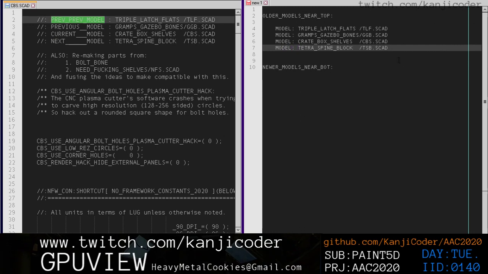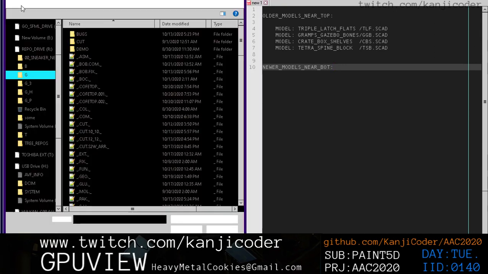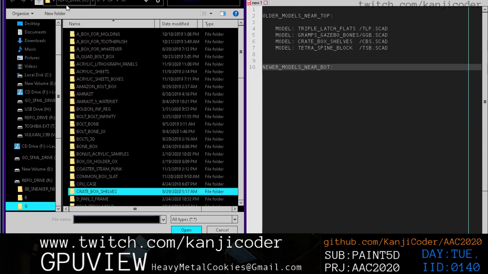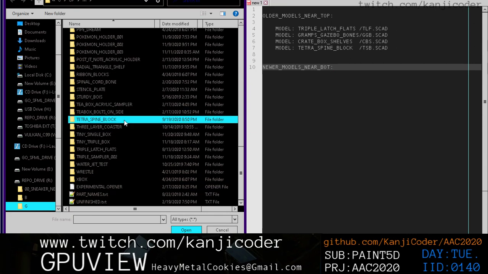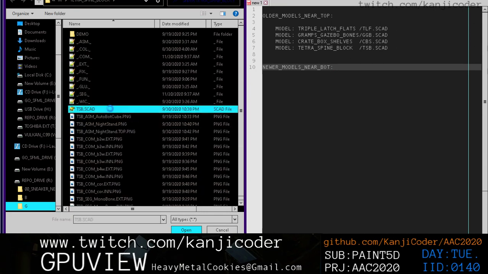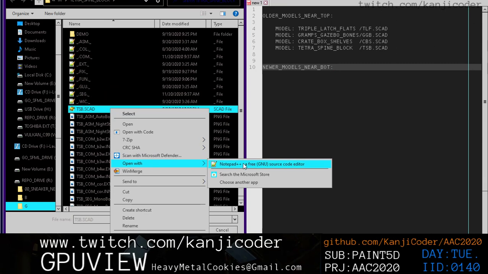and now we want to go find touch a spline block and see what the comments are in there, right? So I just want to get my bearings. I haven't been in this code base for quite a while, and I just want to get my bearings as to where everything is. So let's go look for touch a spline block. So here's touch a spline block. Let's go in here and let's go open up the main file for this. So let's go open this with Notepad++,